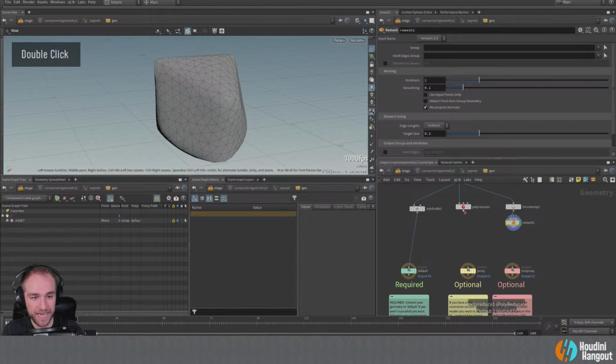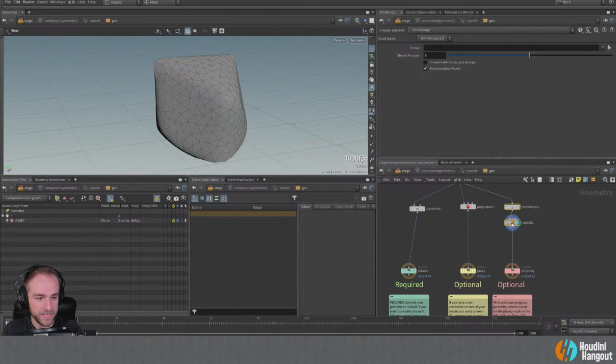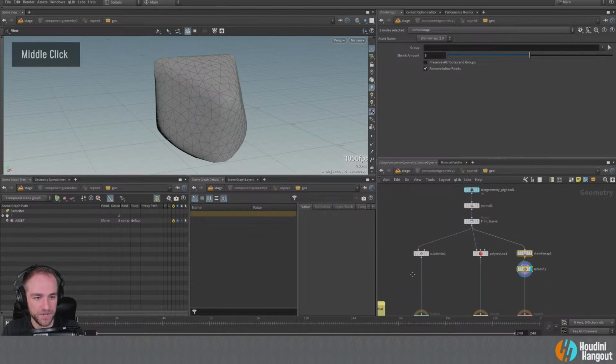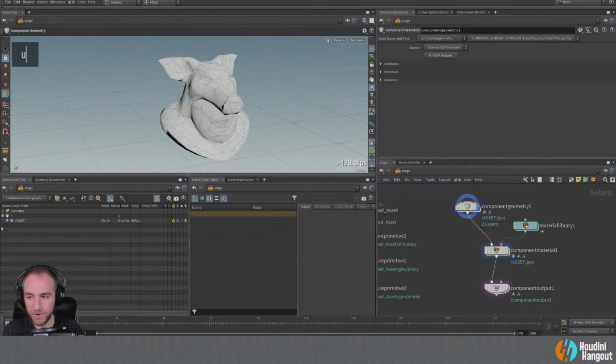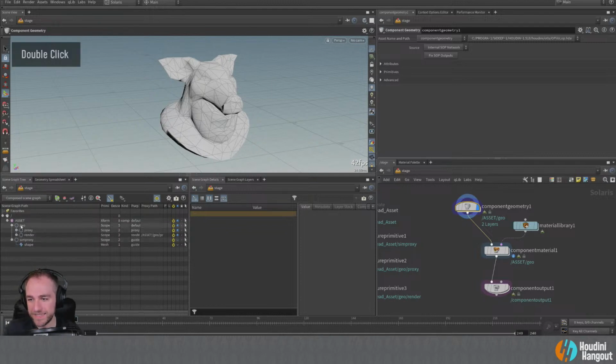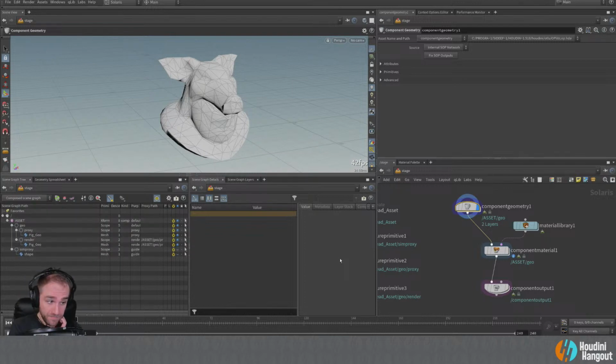If we jump back inside though, and we want to connect everything, we can do this, right? And we can set our poly reduce here. We've got our sim proxy geometry coming in here, and we have our subdivision, kind of high resolution, going there. So now when we jump back up and we look at this, we're going to see it just says asset up at the top here, but we don't have to worry too much about that. We can see that this now has the geometry here, the proxy, render. These are all set for us.